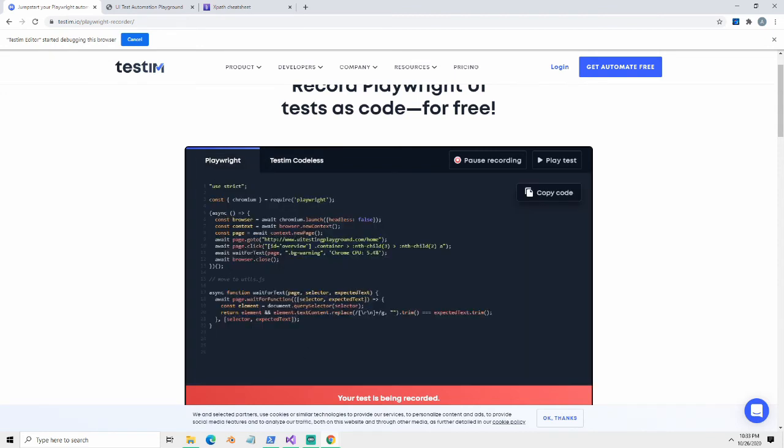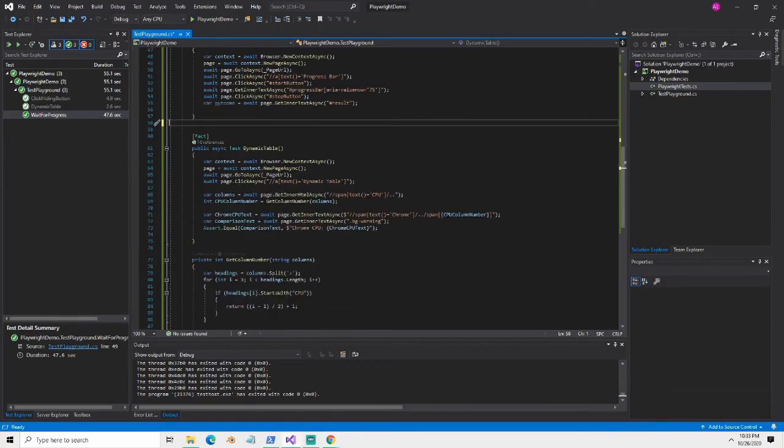And then when you come over here and look at the selector, it's kind of weird. You've got this wait for text, you got a BG warning. None of that really makes any sense to me. So I'm really not sure how you'd make this work here, but I was determined, so I made it work in Playwright Sharp. So we're going to click on the link that says dynamic table,